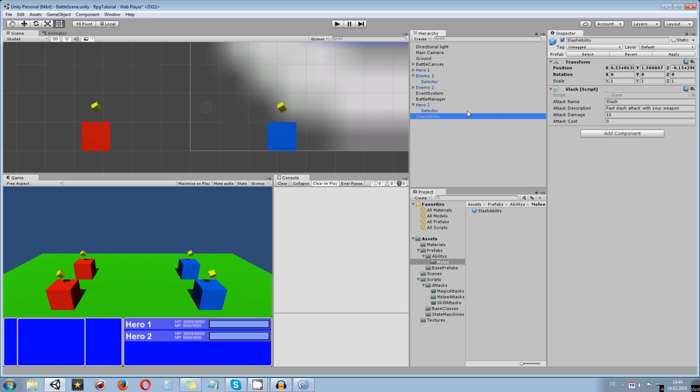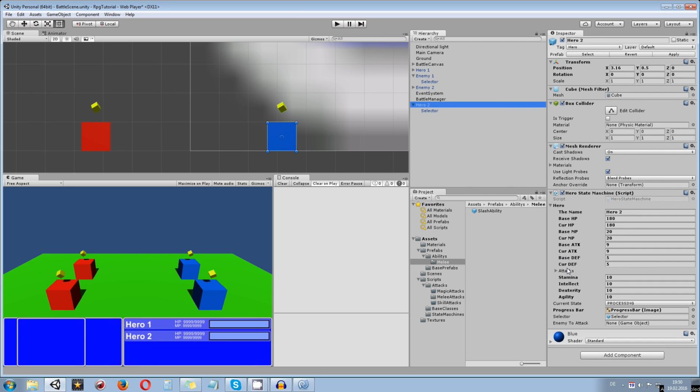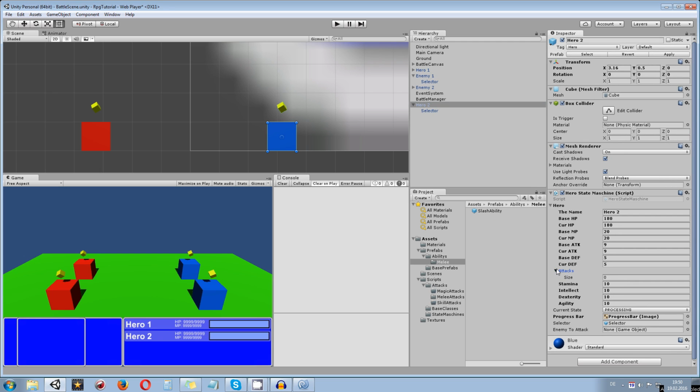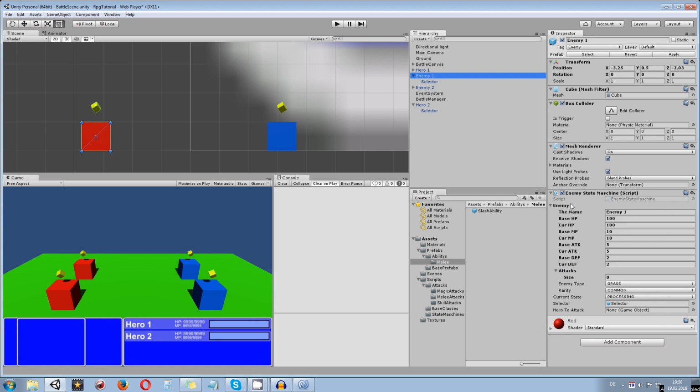So now we don't actually go over and use anything, so you might want to zero out all that stuff and apply the changes. And now basically I can just get rid of slash ability. We never, for now, instantiate that. We just need placeholders we can use to populate our attacks list. So let's go to enemy 1 and drag in slash ability into attacks. What you can see, instead of